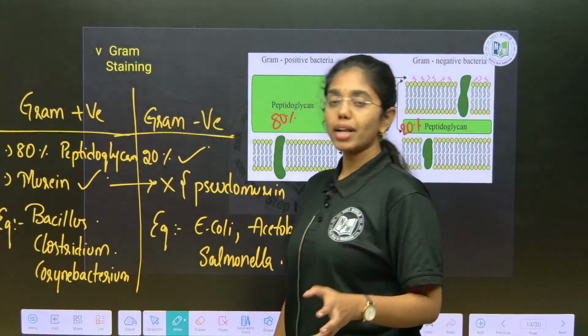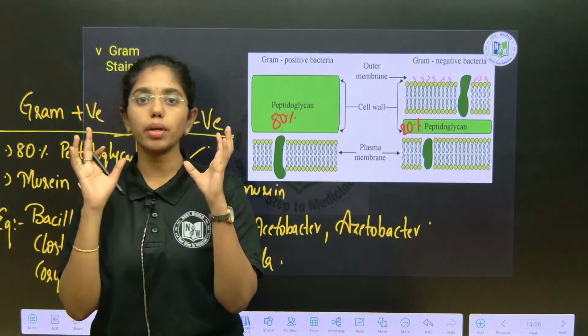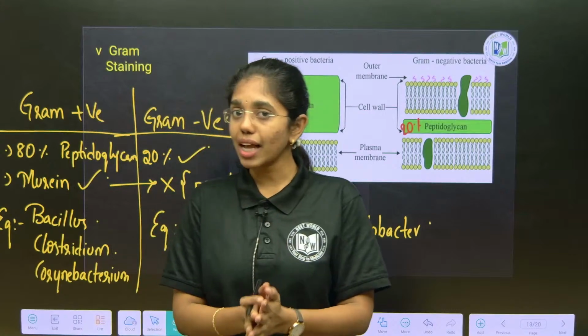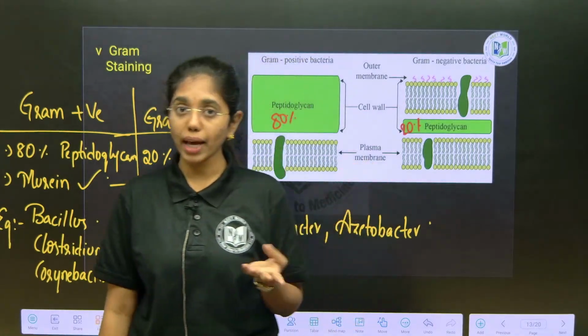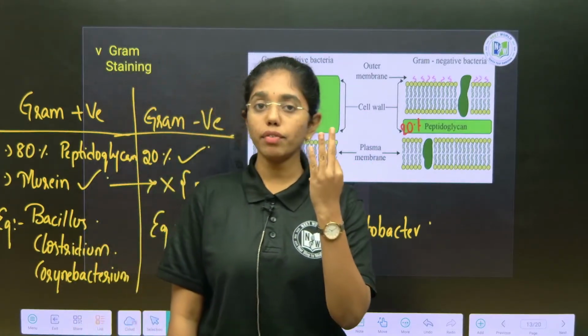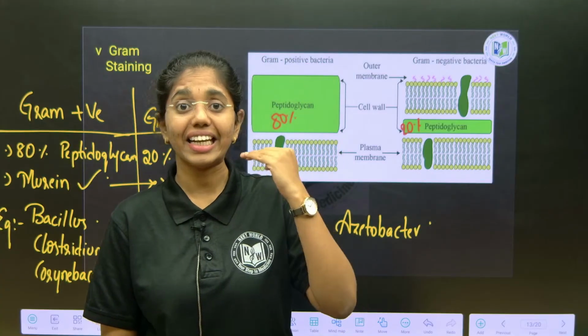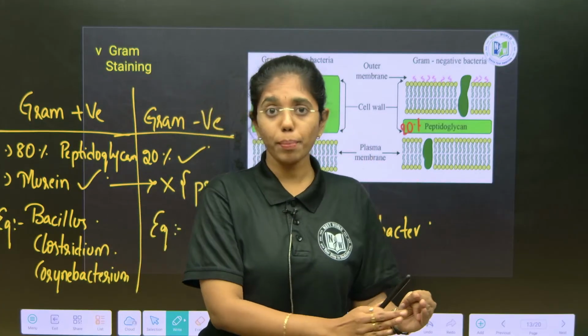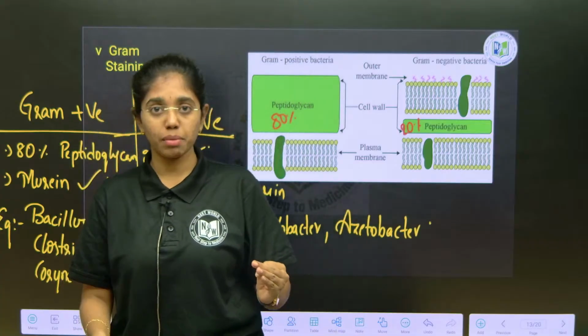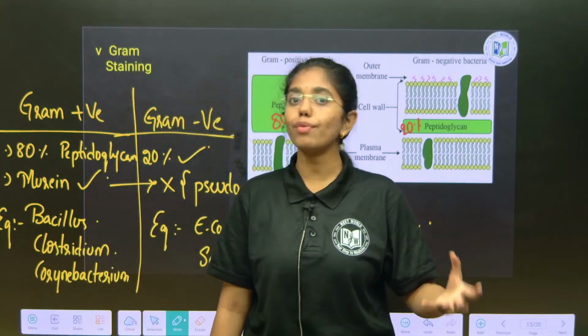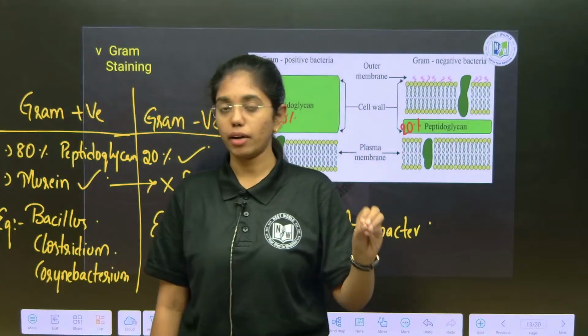In today's session, we have completely finished the prokaryotic cell. In our next class, we will look into the differences between eukaryotic and prokaryotic, and then we will look into the eukaryotic cell in detail, the cell organelles of a plant cell and an animal cell. Then we will move on to cell wall and cell membrane in detail in the coming class.